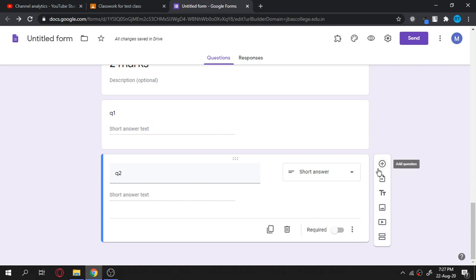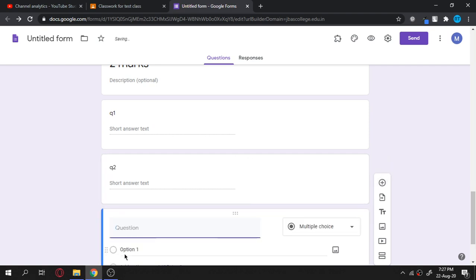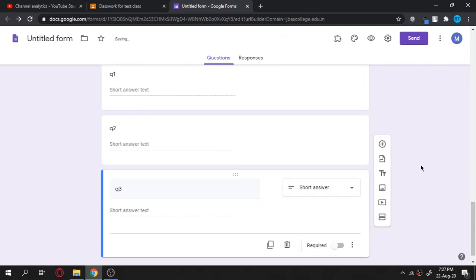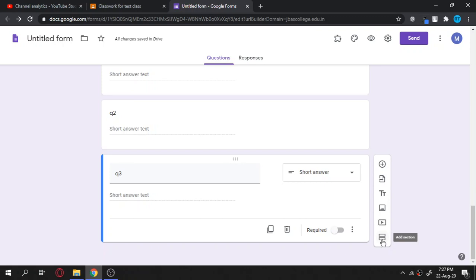Then I am adding one more question to the section, which is Q3. You can type some question as you wish depending upon your subject. So I am setting 3 questions on the 2 mark question and making them short answers. Okay, so now this part is over. Let me go to the next section where I can give some